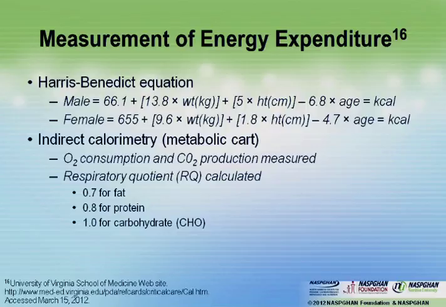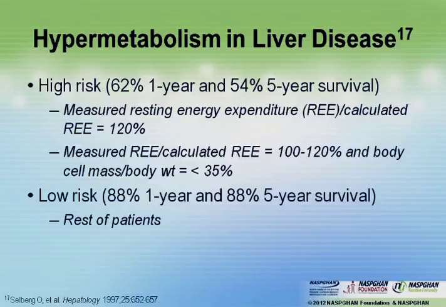And I think Ruba had asked Praveen about, and I think Val showed this, that the respiratory quotient is related to whether you're using fat for energy. If it's below 0.7, you're using fat. And of course, it also indicates that if you're above 1.0, you're using carbohydrate. And Val showed sensitivity and specificity. And, you know, by and large, it's pretty sensitive and specific. So we do a lot of metabolic carts in our patients. Well, the high-risk patient for hypermetabolism tends to have worse outcomes.